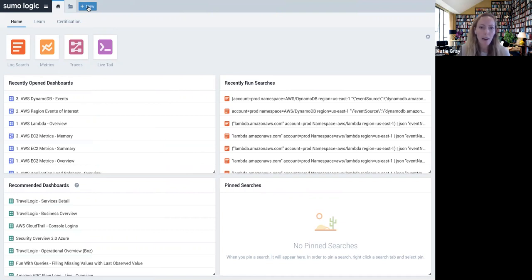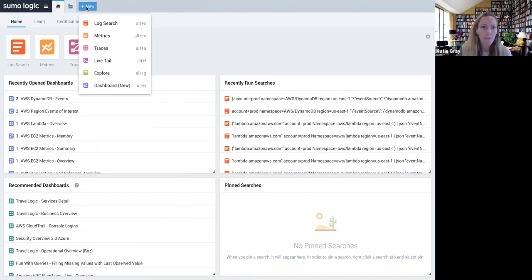And then I'll talk a second about how to set up collection for AWS Observability data. And again, that's just across the several different services that are available right now. And if you click New and then Explore,